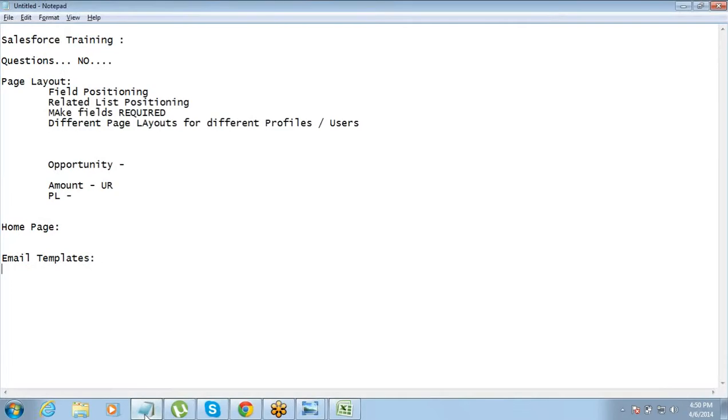For email templates, we just have to understand a few things. There are 4 types of email templates that we can create.